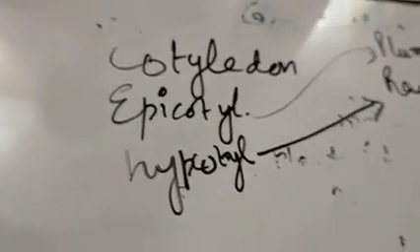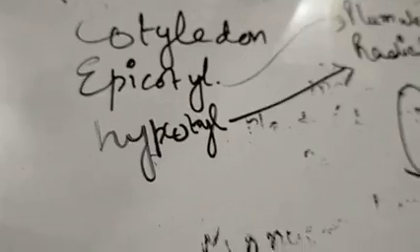Apart from the hilum, we have a dot-like structure through which water enters, and we call it the micropyle. In other words, this is the micropyle through which the pollen tube has entered the ovary. Now this is the general structure. Almost all the seeds will have these parts: cotyledon, plumule, radicle, epicotyl, hypocotyl, micropyle, hilum.